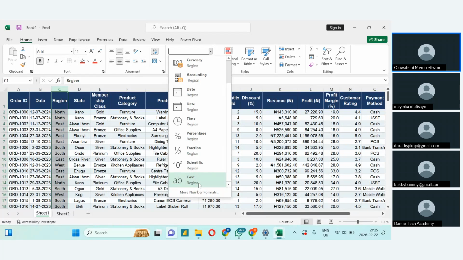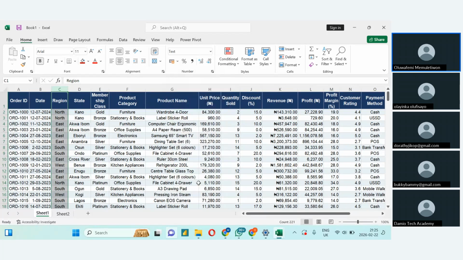So it's changing each of the columns to the right thing, but we didn't do it for all the columns because of time. Almost always we see this one is General. But I don't want General to be there. General means you should take anything. You can type anything inside here and it is correct. But I'm saying no, for membership class, the only thing that you should be able to key in inside there